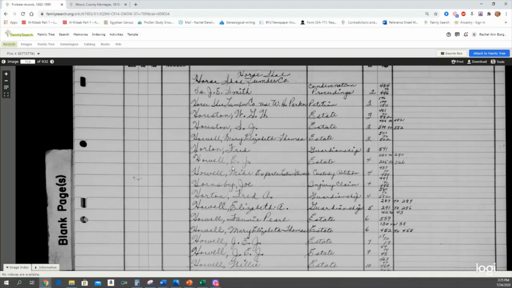And I'm going to pull this E.J. Howell just to demonstrate that sometimes you'll look in an index and you won't have the exact spelling that you're expecting to see. But if it's close, check it out. And as you see, when we go into the record it says J.E.J. Howell. And so imagine yourself as the county clerk or the court clerk who's just creating this index, looking at records. I am sure I would make mistakes because we're human. And so don't get set on one way of spelling a name.